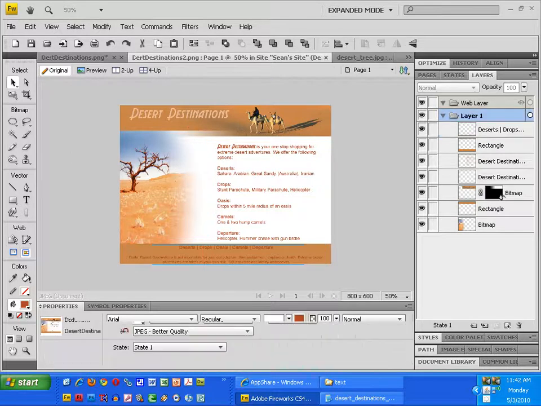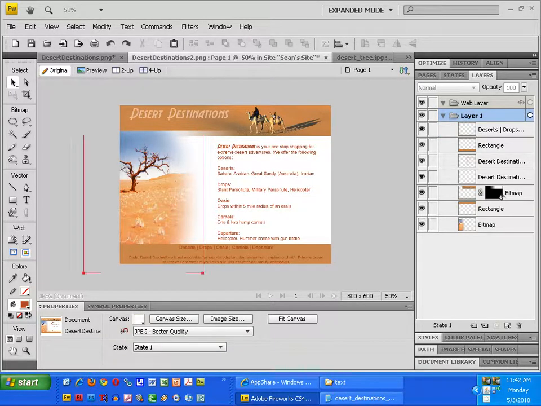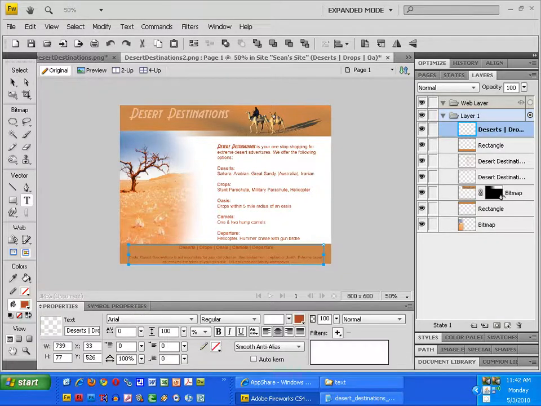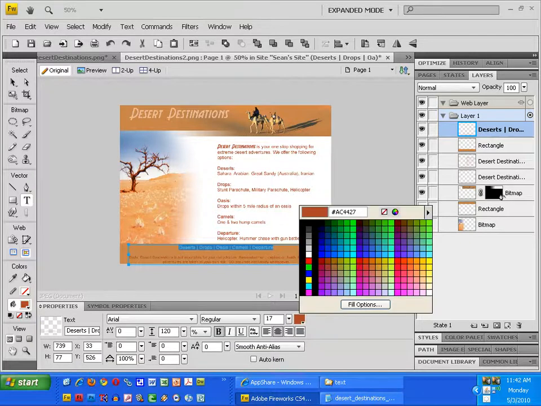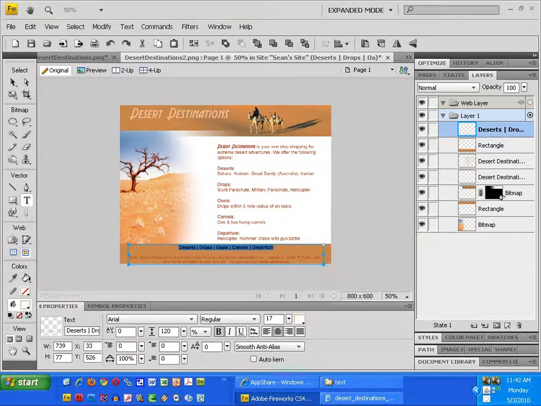Okay. Now I'm done with my text on the bottom. Or maybe I'm not. Maybe I want this text-based navigation to be white. I can change it by itself